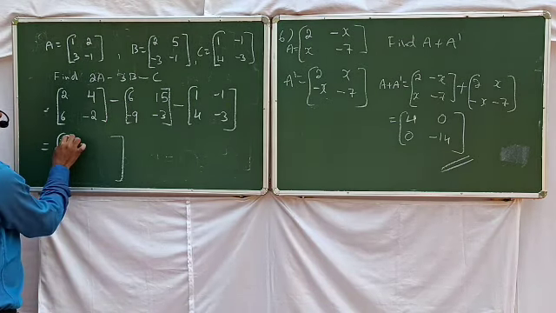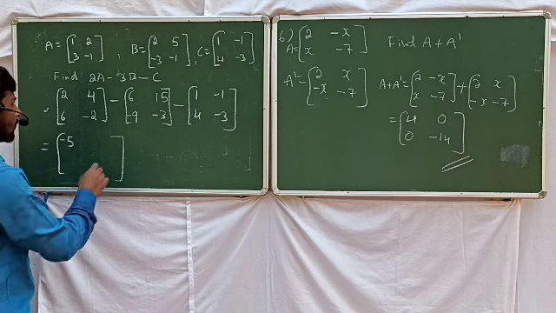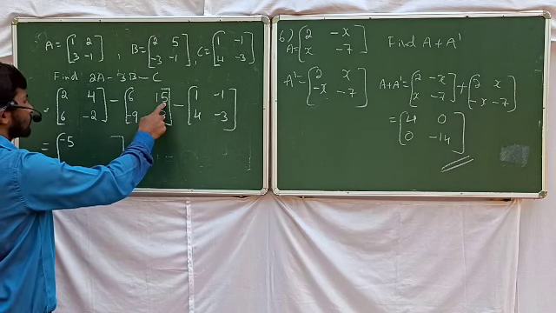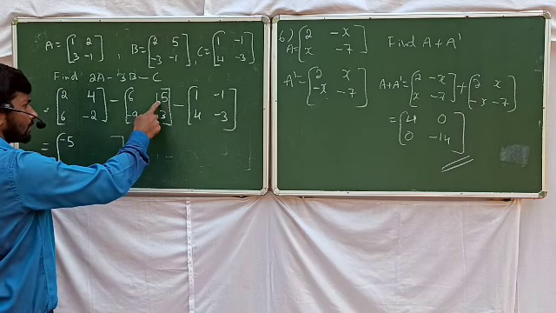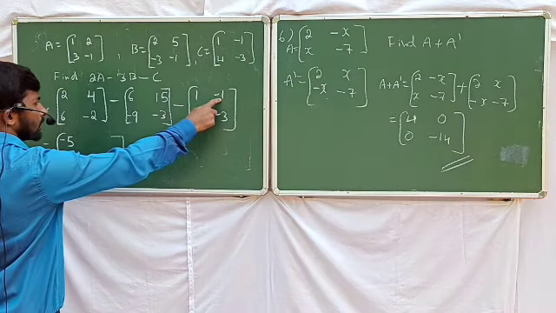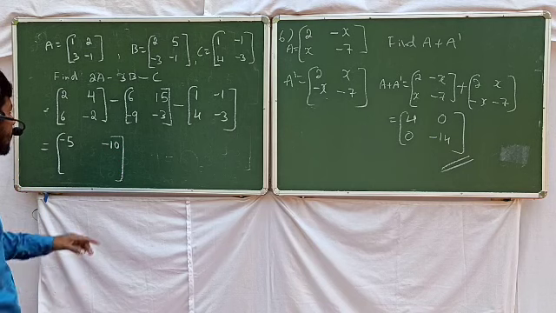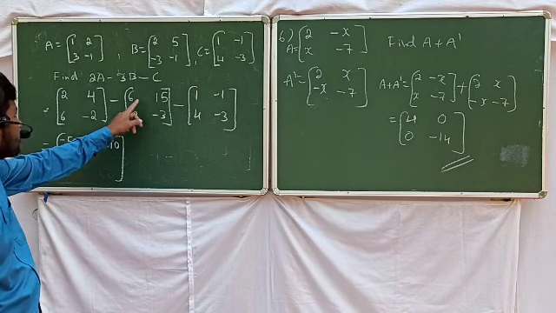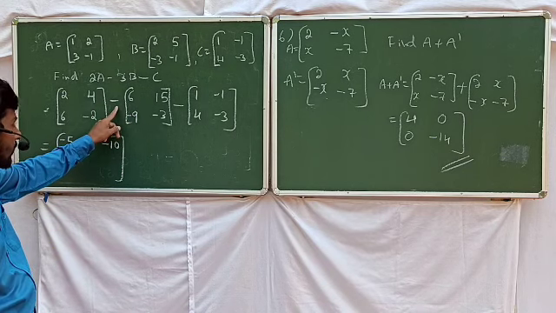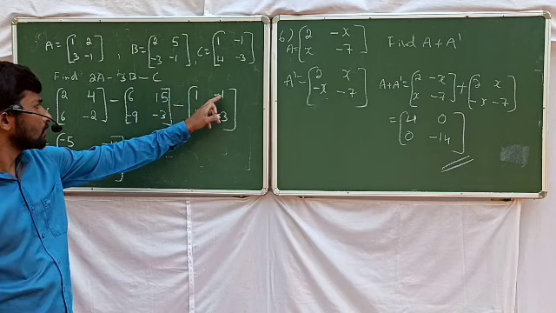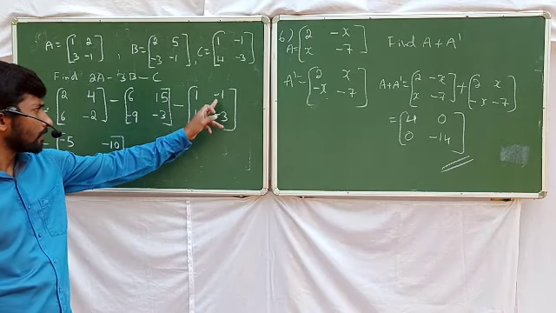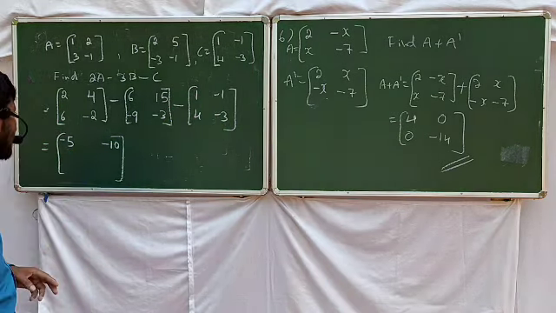Its value is equal to minus 5. 15, see 4 minus 15, 11. Okay, minus 11 minus into minus plus, its value is equal to minus 10. Clear? See 15, 4 minus 15 minus 11 is there. Minus 11 minus into minus plus 1. Minus 11 plus 1, it's equal to minus 10.